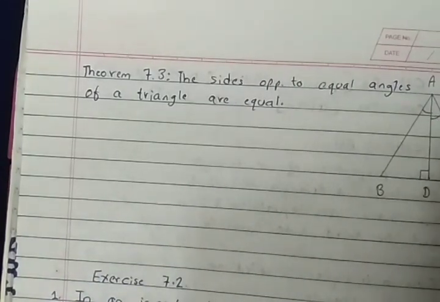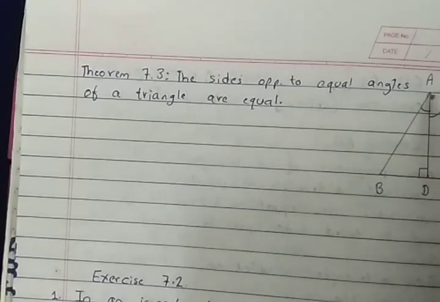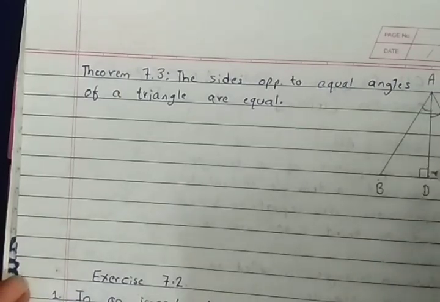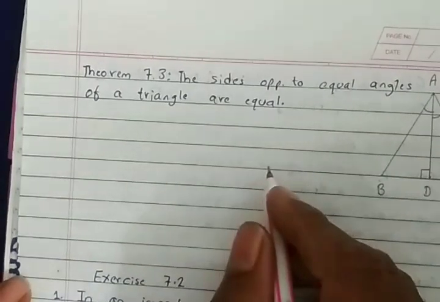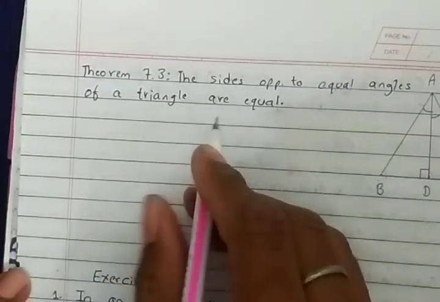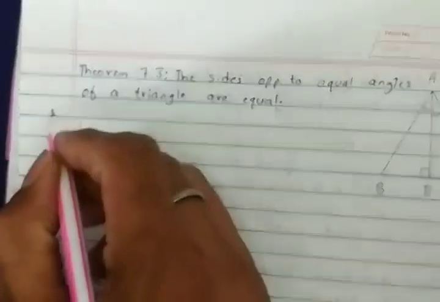For this we will construct one isosceles triangle ABC, in which AD is the perpendicular bisector meeting BC at point D. So you can say that angle BAD and CAD are equal, right? Perpendicular bisector, so you can say that angle ADB and angle ADC are 90 degrees, right? So all this information we get. So now how will we solve this?